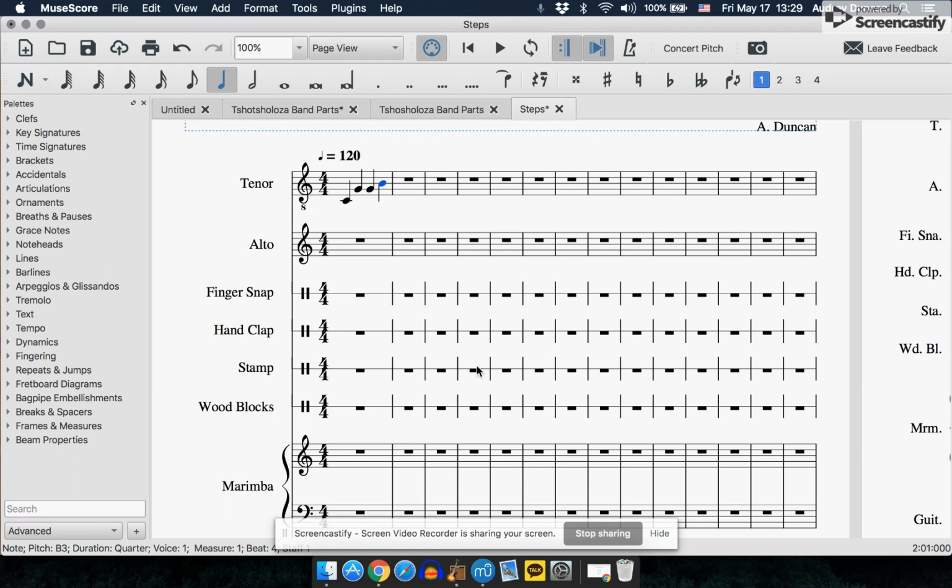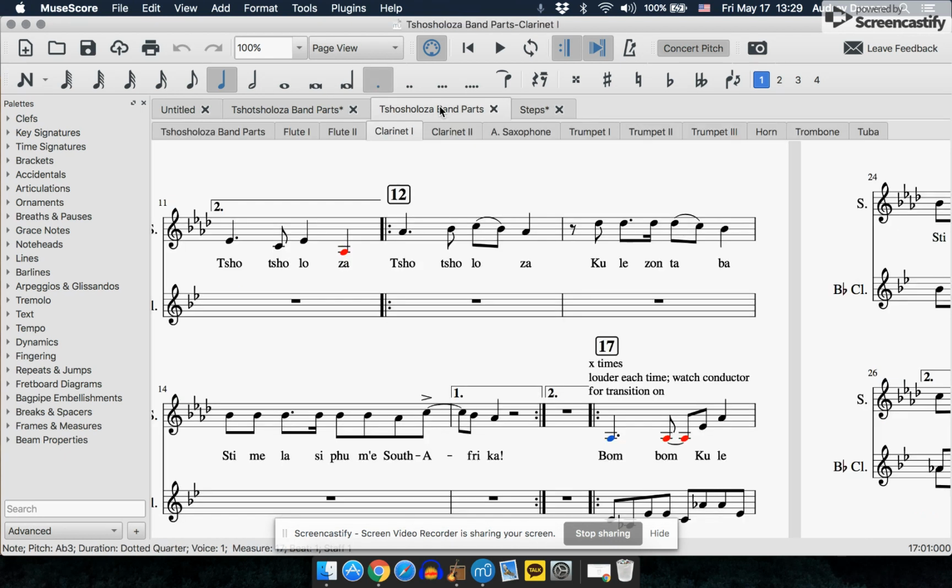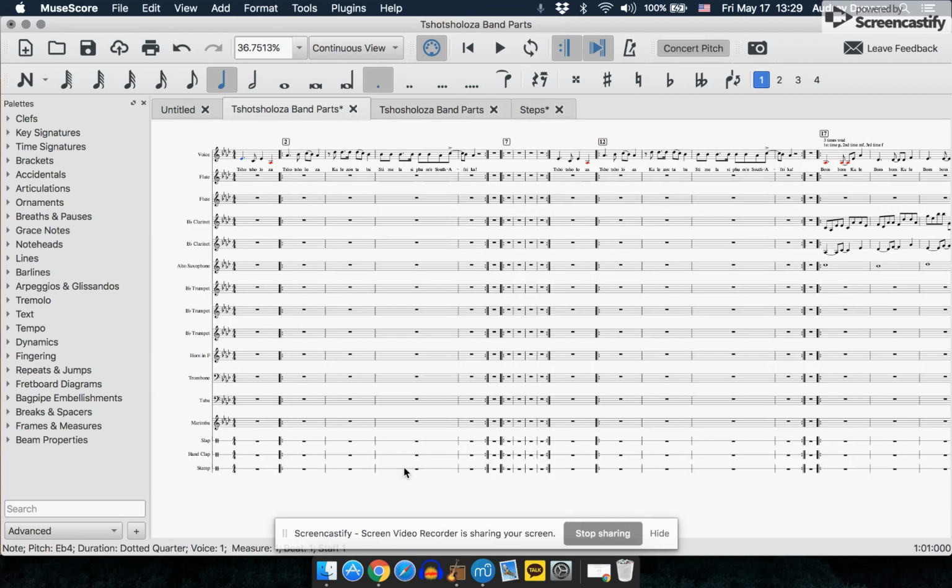Ta-da. Moving on, I'm going to go back now to music I've already written and show you how to export parts. Okay, these are the exported parts. How do I get from here, which is the basic whole score,